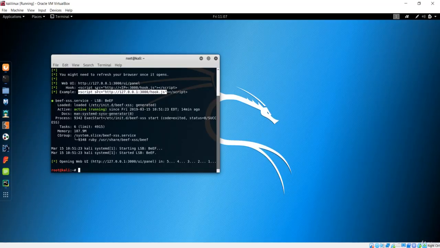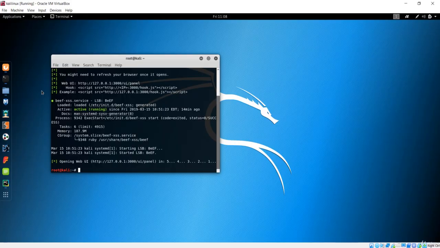We'll cover that in the next lecture, but for now you can see the one method is to grab this script, and we'll make changes because this is the local IP. So we have to add our Kali Linux IP over here, and we have to inject this code on our server so that anyone who visits that web page will be hooked to our browser. So this is the one way to do it. Let's see how we can perform this.